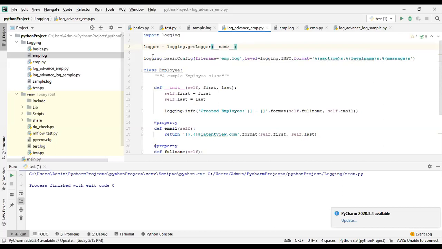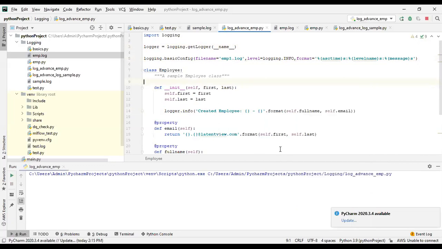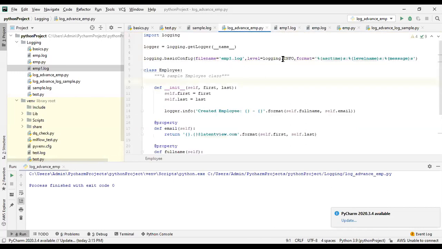Now, instead of logging, I will use logger dot info. I'm just changing the file name to emp1. And I'll show you.